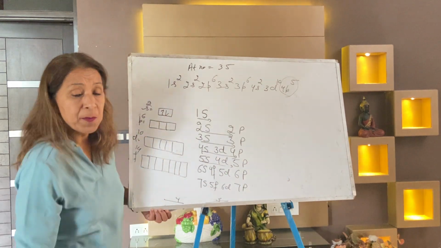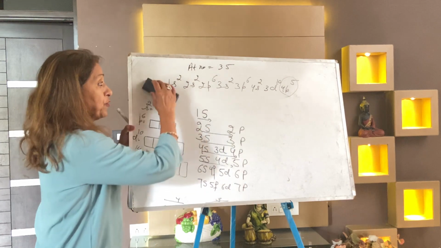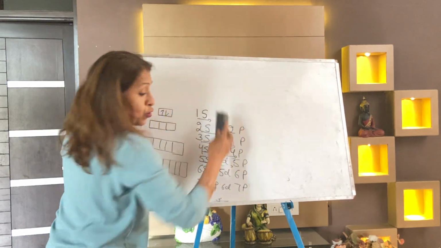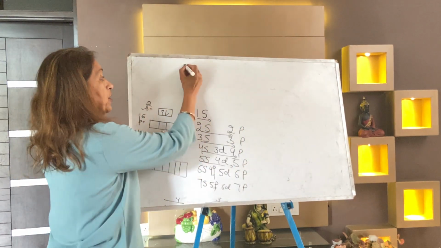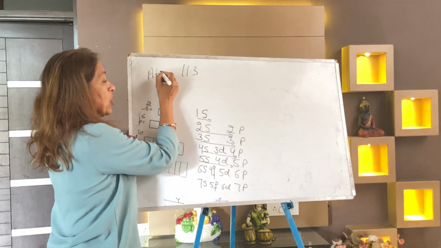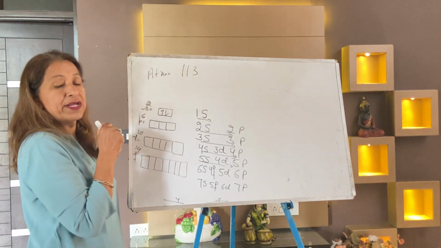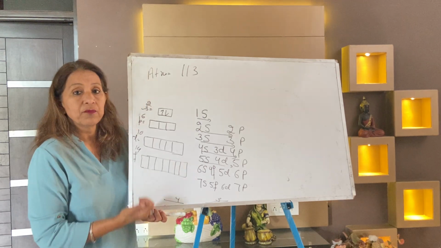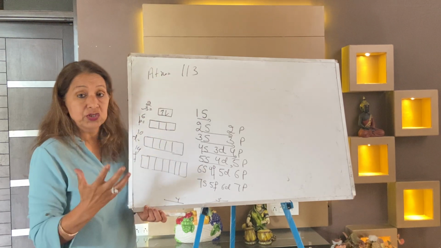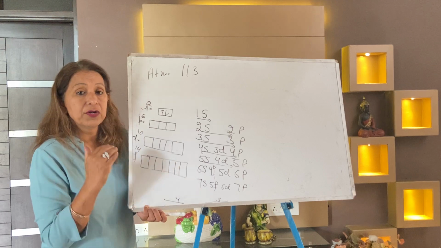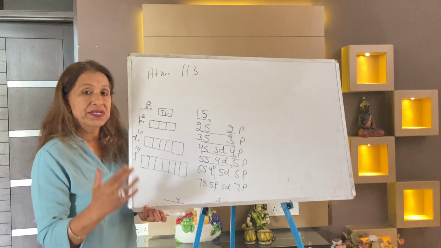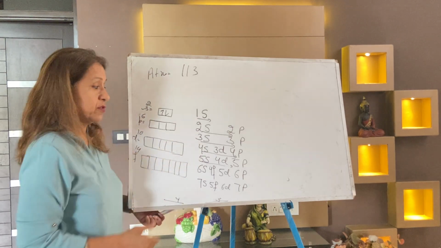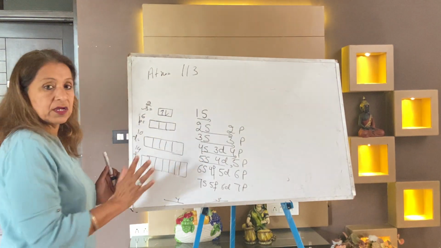When the atomic number is quite large, there is one more technique. Let the atomic number be 113. If you fill the electrons like 1s2, 2s2, it will take a lot of time. When the atomic number is quite large, it is very, very difficult to write the configuration and it will waste a lot of time. So write another method.